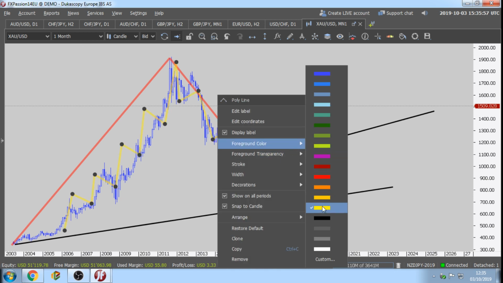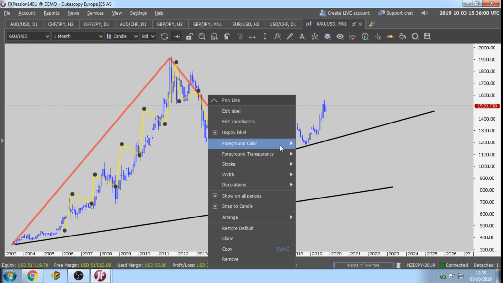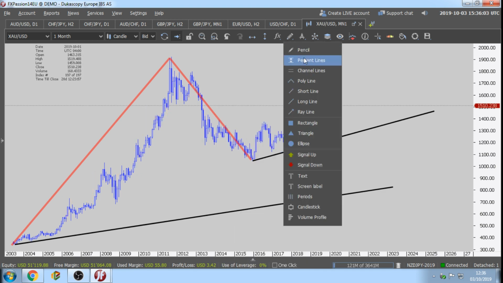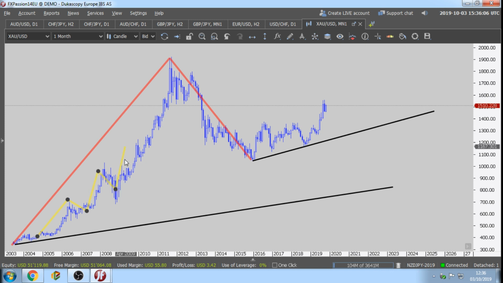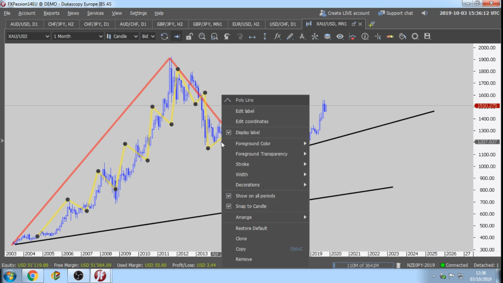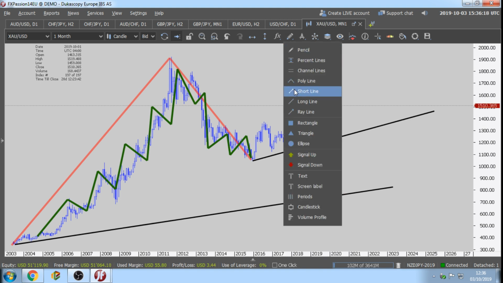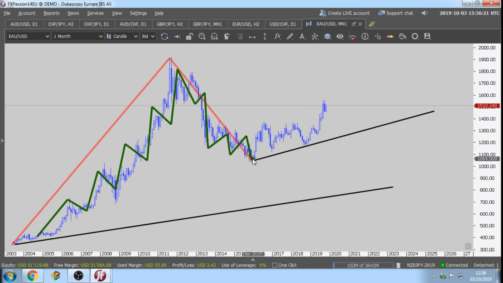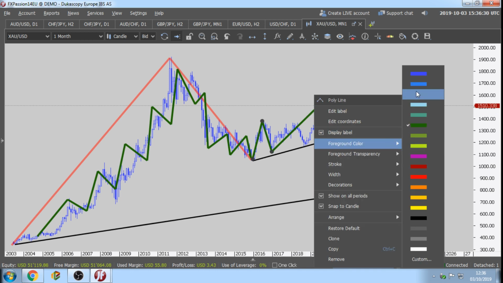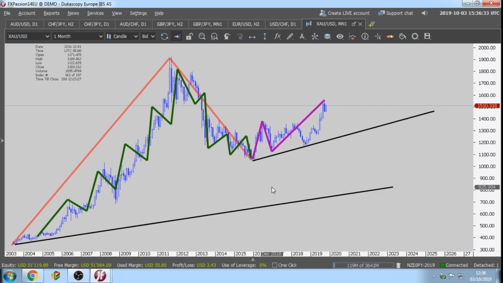Let's color code this in yellow. And no, yellow is bad, says MHB. Yellow is not okay. So green, higher highs, higher lows, lower highs until here. So let's color code this in green. And then the market broke the downtrend line and started to make higher highs, higher lows, right? Higher highs. And the last one is going to be what? Not violet. Okay, there you go with violet. This is the new extension, retracement, extension so far.